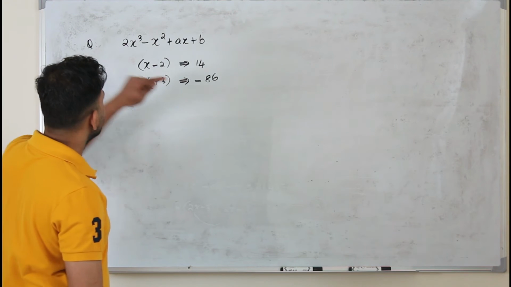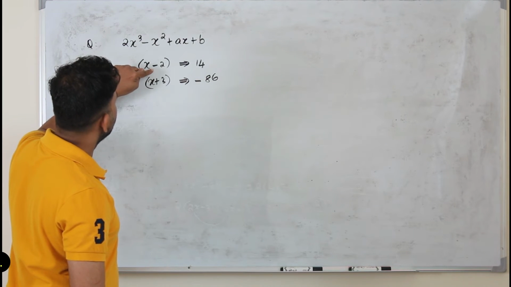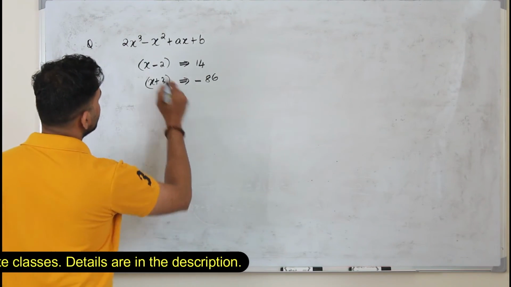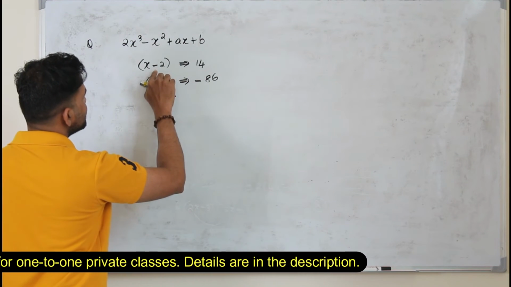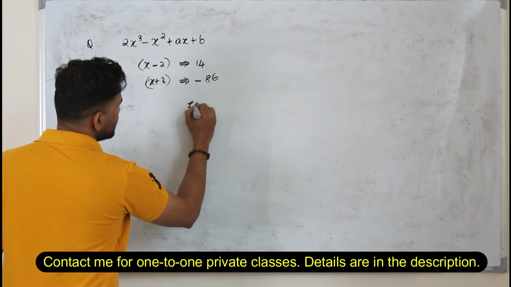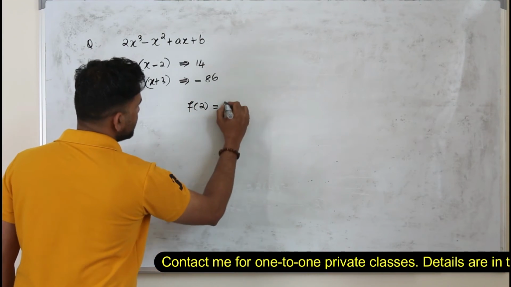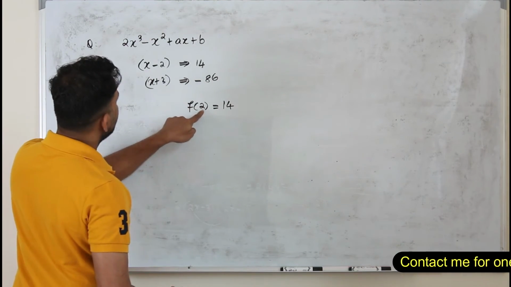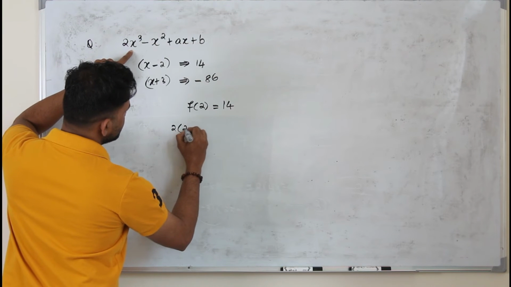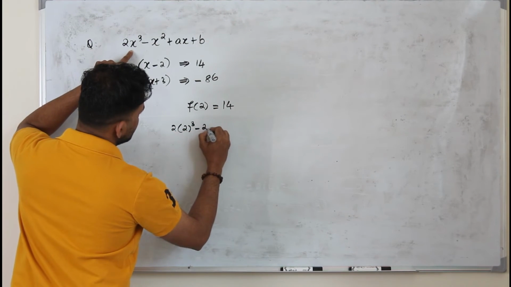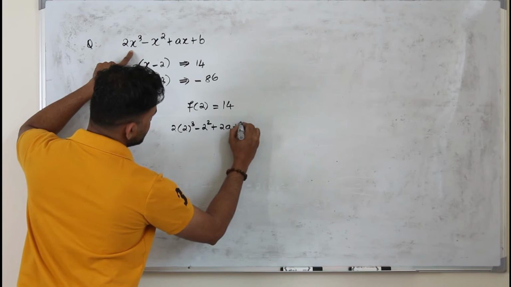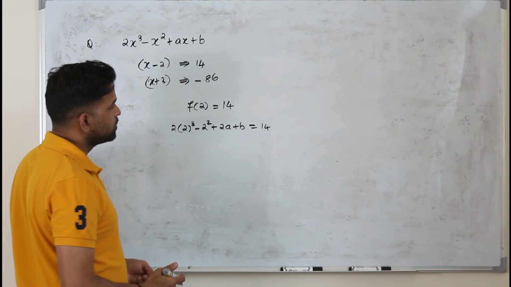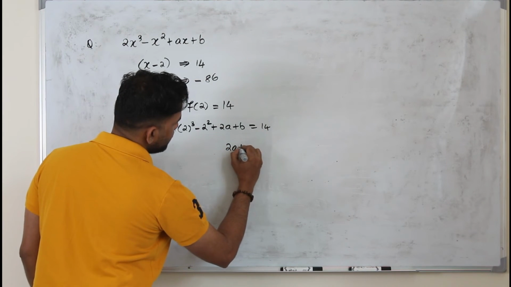So in this question, when the function is divided by x minus 2, the remainder is given already, 14. So use the remainder theorem, take it as f of x. When f of x is divided by x minus 2, replace x by 2. So your remainder is 14. It's given already. f of 2 is 14. So replace x by 2 here. 2 times 2 cubed minus 2 squared plus 2a plus b is 14. So try to frame an equation in terms of a and b. So you get 2a plus b is